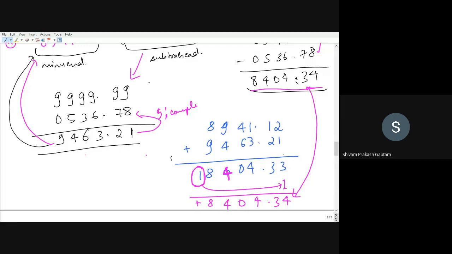If a carry is generated, that means the final answer will be positive, and the carry is to be added to the least significant digit. So you can see I have taken 1 here, and I have added a positive sign as well. Now you can compare our answer with the general one.